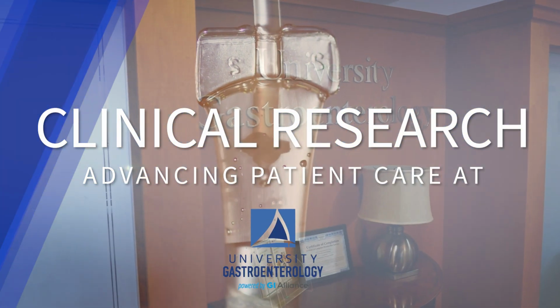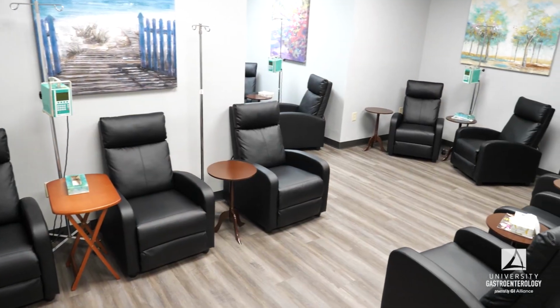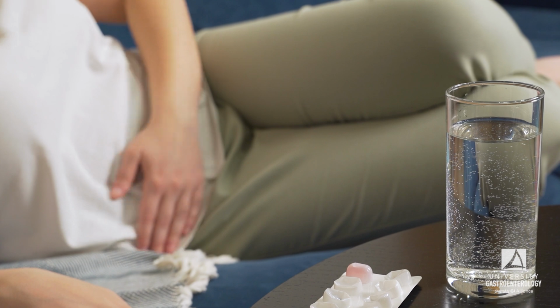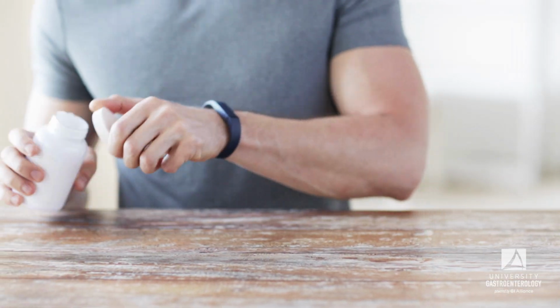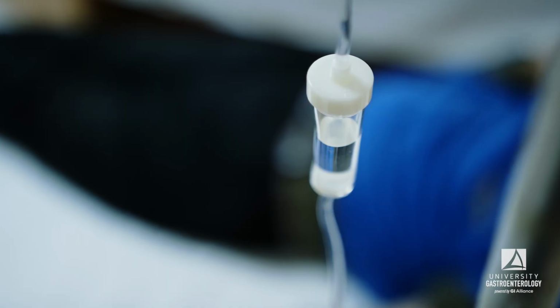Clinical research here at UGI. This is a program that we started about 3 years ago. We have about 12 studies that are currently recruiting right now. Patients that maybe aren't doing well on their current therapy, who need a new treatment or are looking for something different than what they have, treatments that might not be available on the market yet, and we're exploring for different